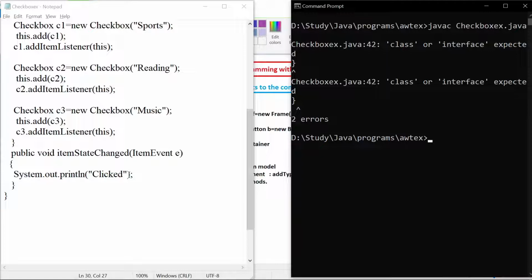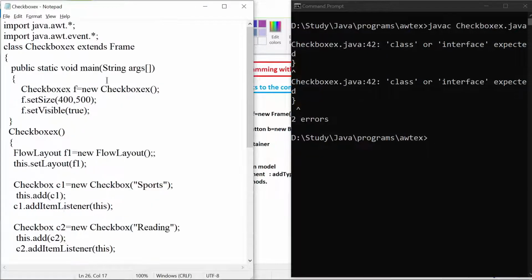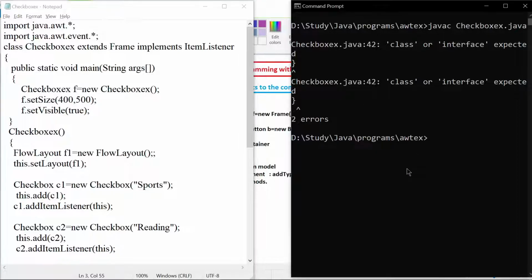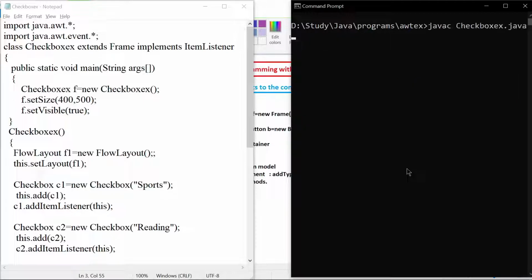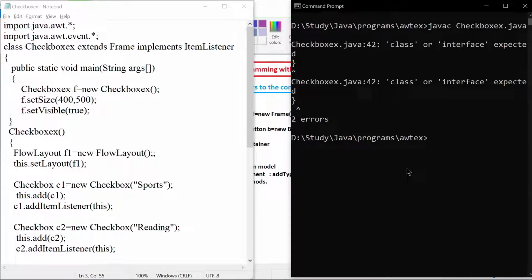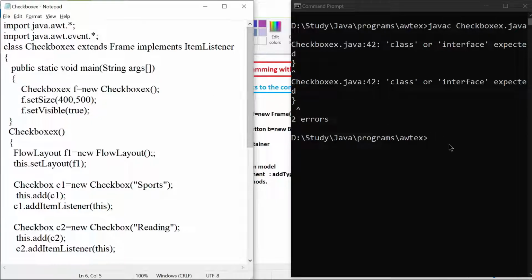Yeah, we got an error. We have not implemented the interface, right? So implement. What is the interface? ItemListener. So still we are getting that error. Right, I have not saved this one or what?